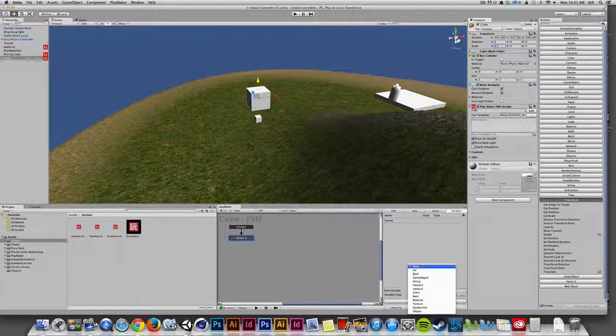We'll take a closer look at these kinds of variables later, but I just want to point out that to define a float variable, what we need to do is choose a variable name. And in this case, I'm going to type in rotationSpeed, and I'm going to use this naming convention. I'm always going to declare a variable with a lowercase to begin with, and then if I have a couple of different words in the title, I'll use a capital letter to visually break up